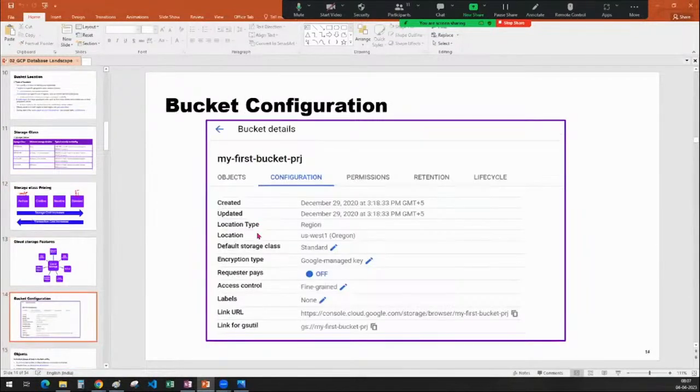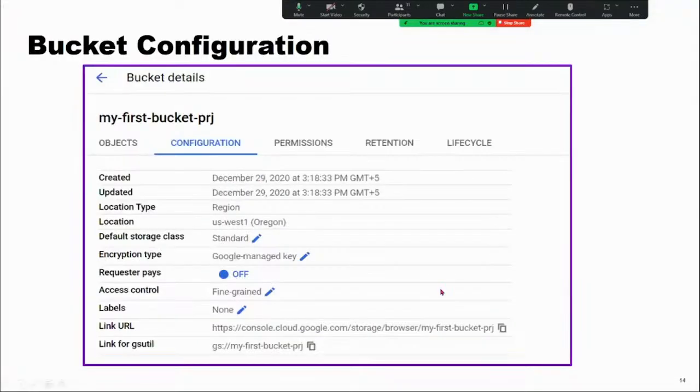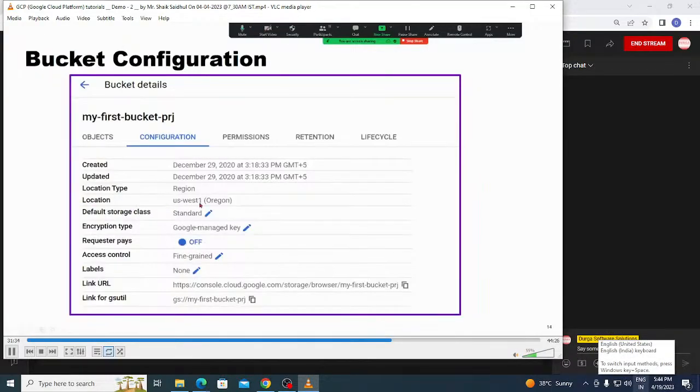So, bucket configuration. When you look at the bucket configuration here, for the location, we have selected US West 1 and it is not editable. So when you create a bucket and select a location for that bucket, you cannot later edit it. If you want to edit it, you just have